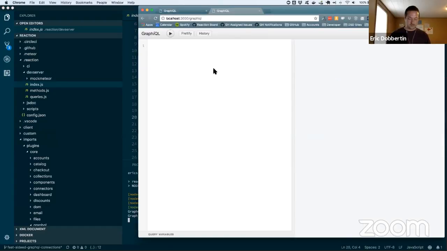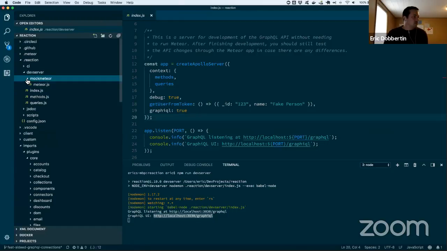It should work pretty much the same, except you'll notice that when I do any of the queries, I'm going to get some mock information back. So it doesn't really help you test that part of it, but it can help you iterate more quickly on some of the other resolver logic. And if you need to add mocks for that, they're in this mock meteor folder. Everything should be relatively understandable in there.